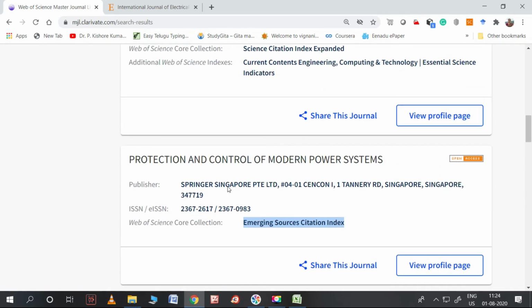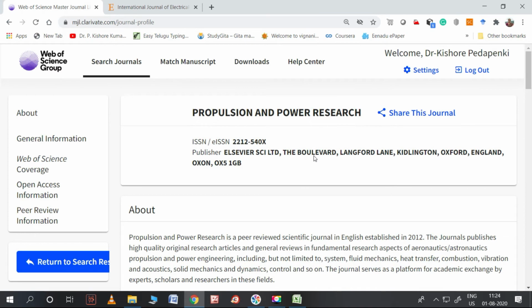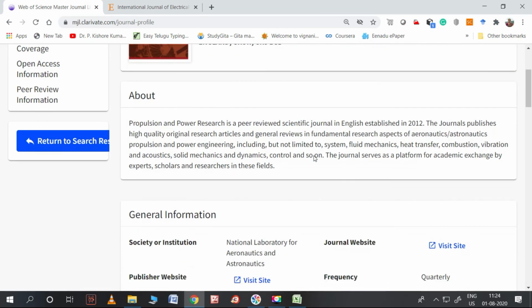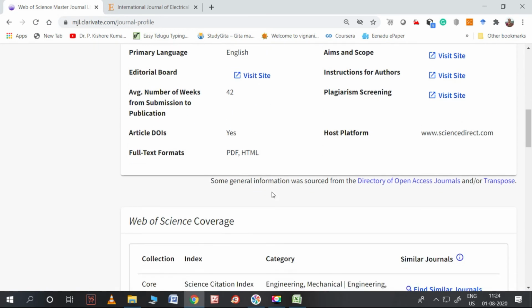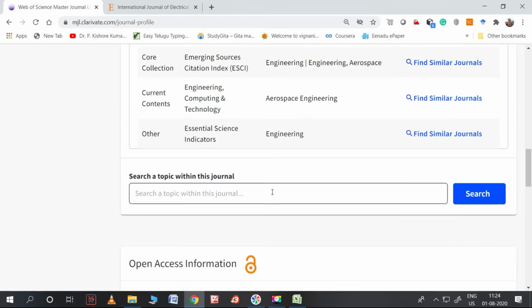And so without login you can't go ahead with the view profile page, but as we have already logged in you can see the view profile of the particular journal. So this is the particular journal. So how to do it? The frequency is quarterly journal. That means there are 4 issues per year, and you can see the country also. This is China, and even you can see the language and all these things. Even you can see aim and scope. Okay, you can visit the site. So all these things, all the links will be available here regarding the journals. Okay,